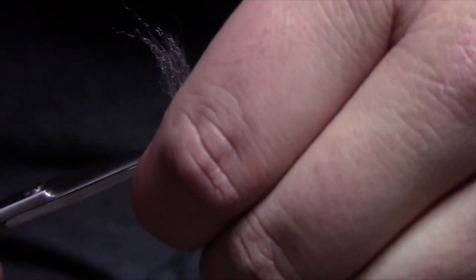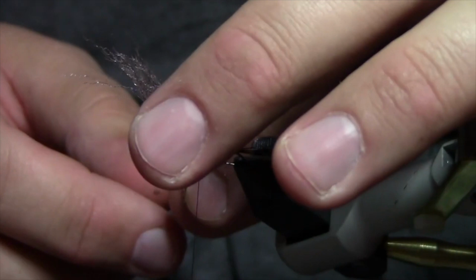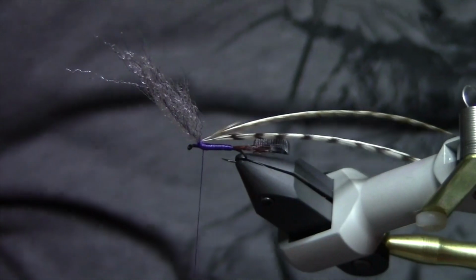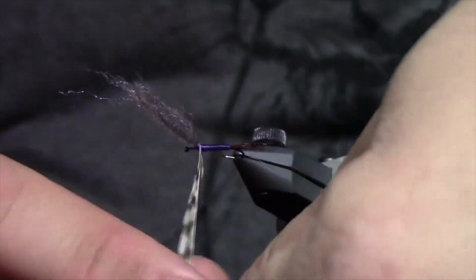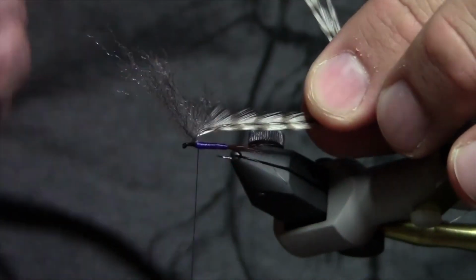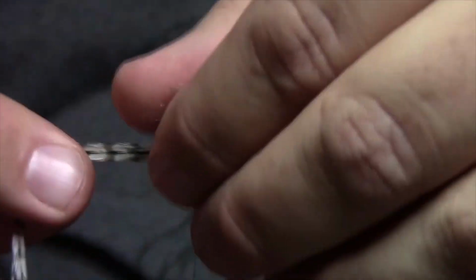So I'm going to get rid of my stems. Now instead of just starting to wrap here, I'm going to kind of cheat. And the way you cheat is you pull your hackle fibers down just a little bit, and that creates a crease in your hackle so that when you start to wrap it, your hackle fibers are going to be completely horizontal instead of poking up vertically. So I'm going to take both of them at the same time, and because I tied those in with the shiny side facing me, when I start to wrap, now that shiny side is facing down. So I'm going to take those hackles,